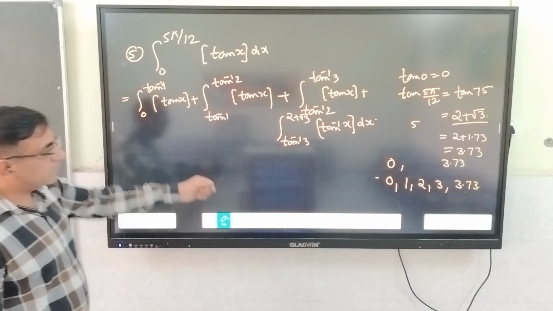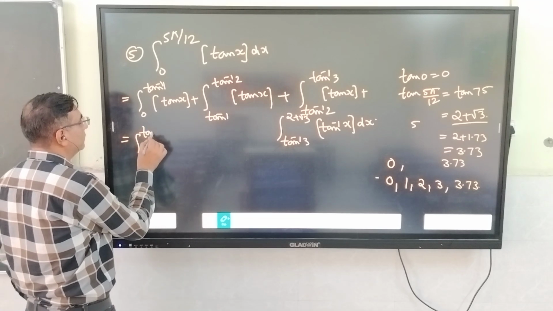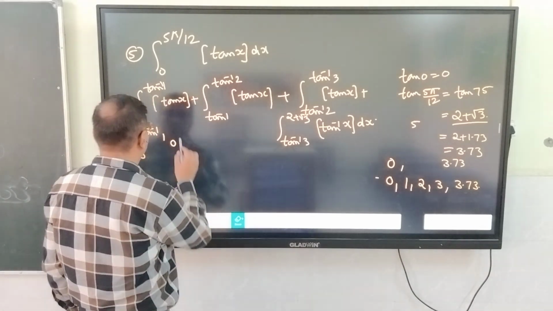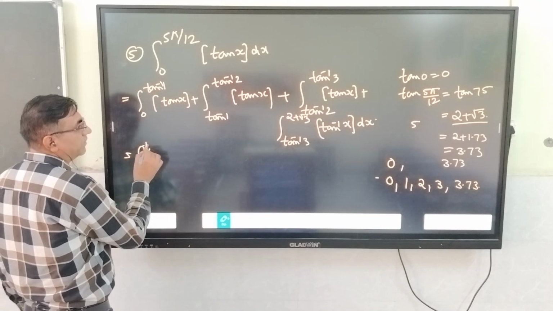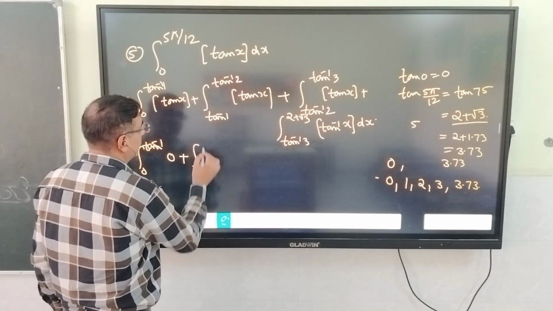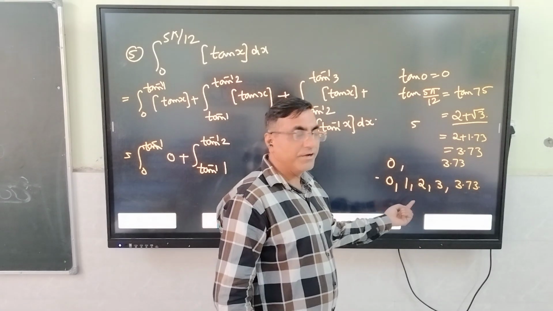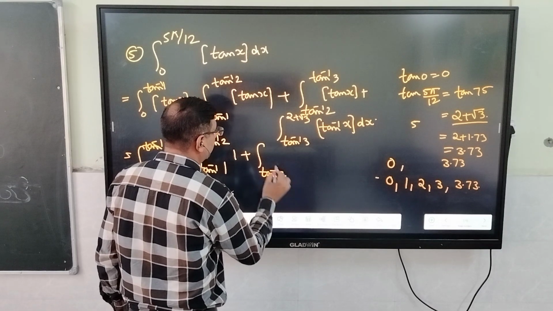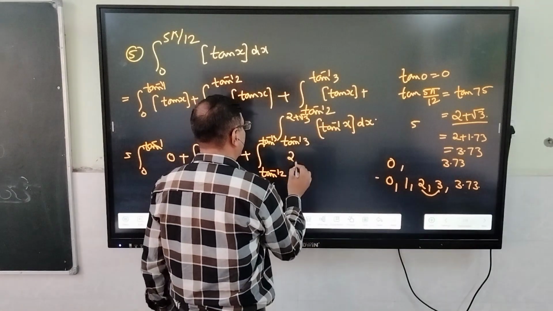Between 0 to tan 1, its value will be 0. So its value will be 0, 0 to tan inverse 1, its value will be 0. To tan inverse 1, its value will be 0. Tan inverse 1 to tan inverse 2, its value will be 1, because between 1 and 2 its value will be 1, plus tan inverse 2 to tan inverse 3, its value will be 2, plus